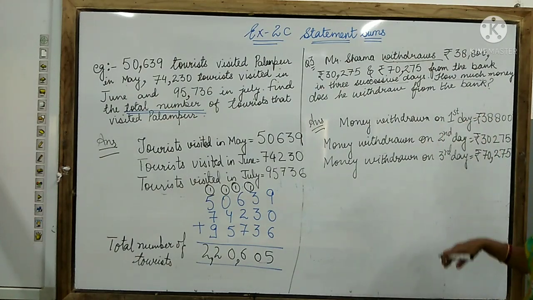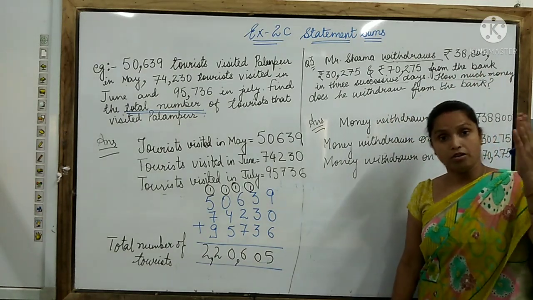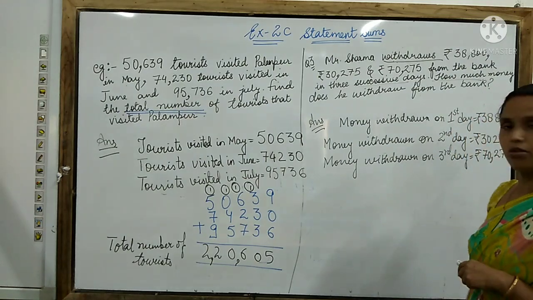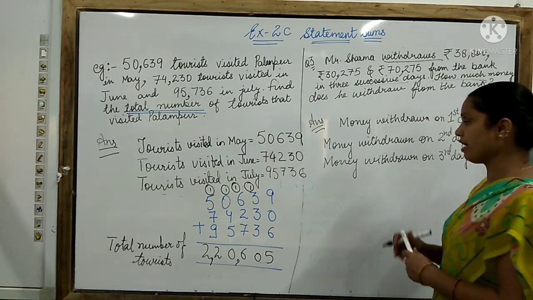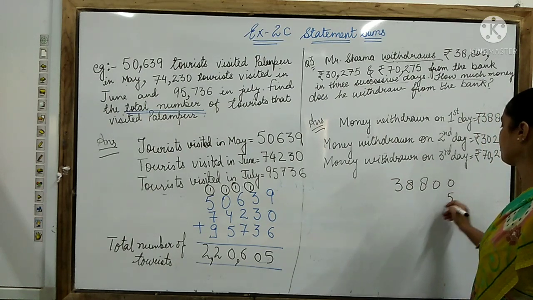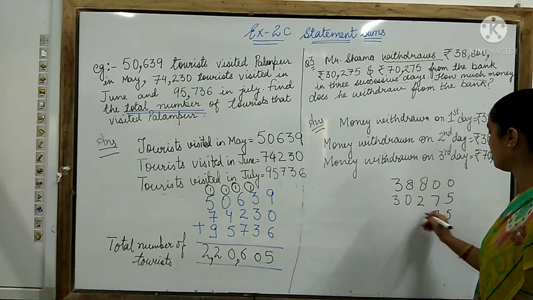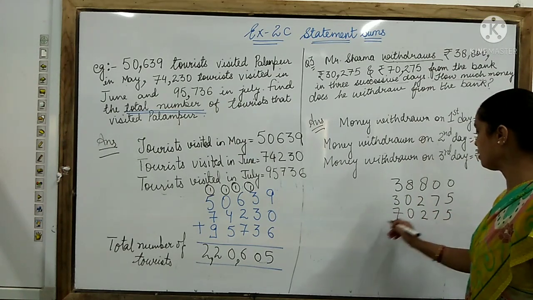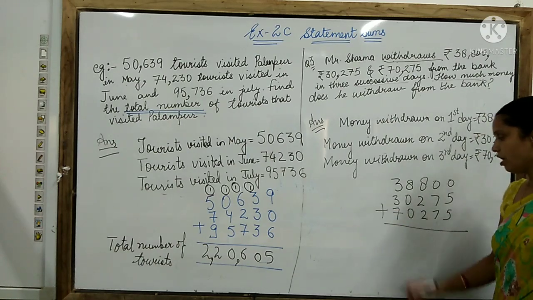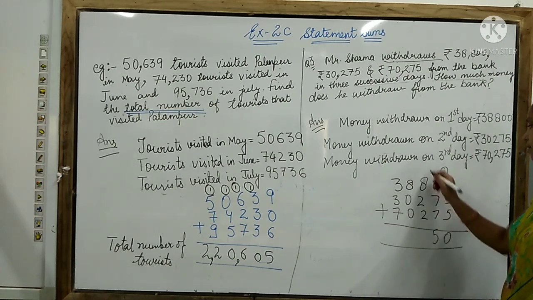Okay, now what I will be doing is finding how much money he has withdrawn in these 3 days. In all the 3 days together, what was the money he has taken out, that you have to find. Now, for that, arrange all the numbers in columns first. Now, I am arranging all the numbers in column. After arranging the numbers in column, I have decided that my operation will be addition. After solving it, you will get your answer.